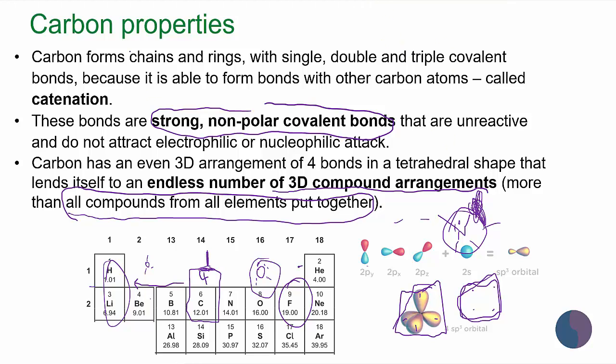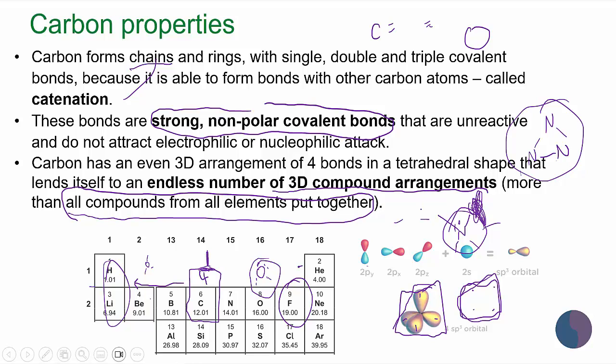Just to go back to the start, I should have mentioned that catenation is technically forming chains. But as you know, carbon can form double bonds, triple bonds, single bonds, rings, as well as just chains, which is technically catenation. Okay, so these other compounds, nitrogen can form a triplet. And as you know, carbon's endless. It can do any combination you can think of. That just outdoes every other element. So carbon can do everything.